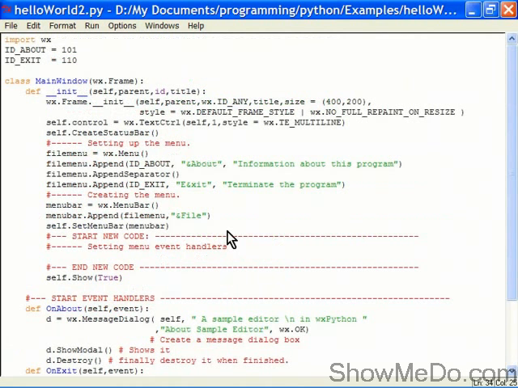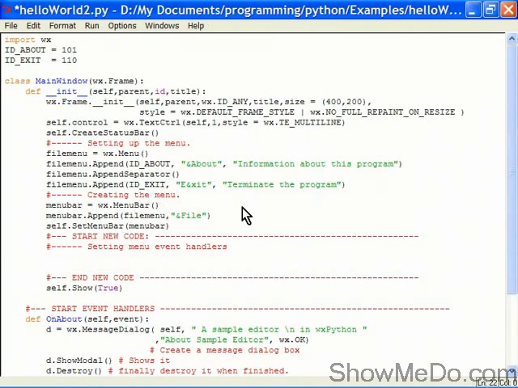So now we have our sample editor, which is sending events. At the moment, we're doing nothing with them in this program. We want these events to be sent on or bound to these functions onAbout and onExit. And to do that's very simple. We already have our identification numbers, ID_ABOUT, ID_EXIT, for these two options, and these are sent with the events. So to connect those menu bar options to their respective methods, what we use is